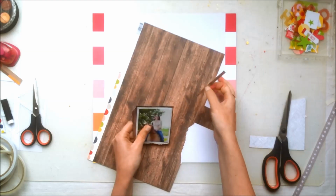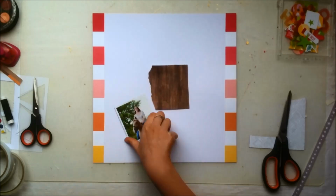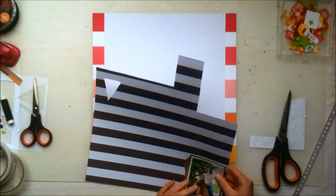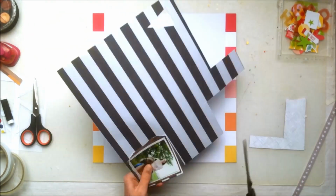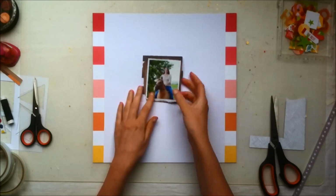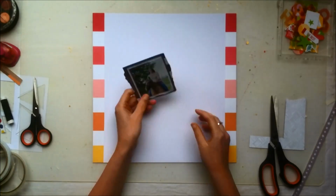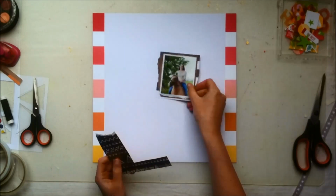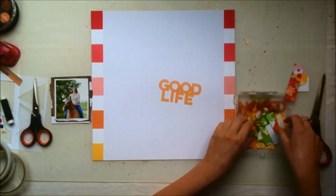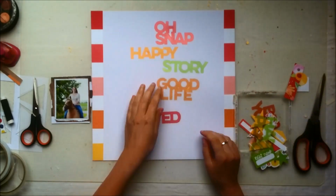And the photo I'm using is a photo of when I went to visit Romeo, and this was like 2 years ago at this point. And this was the first time I saw him after I sold him, so it was really cool to see him because, when you sell a horse, you don't know if you'll ever see them again. There's no guarantee that you will. And honestly, the new owner is not obligated to let you visit them. So I was very happy that I was able to visit him,